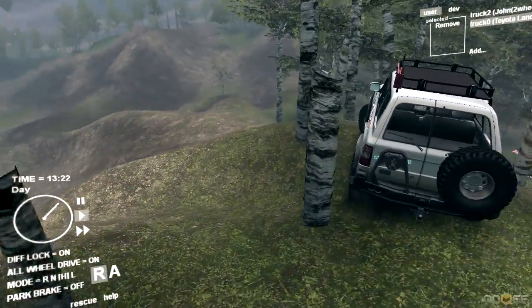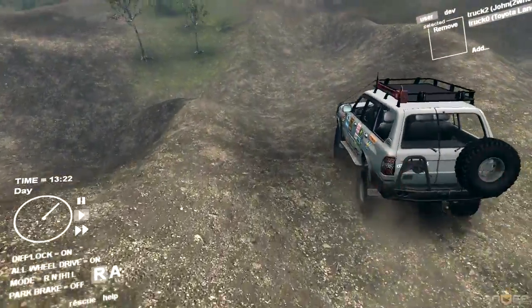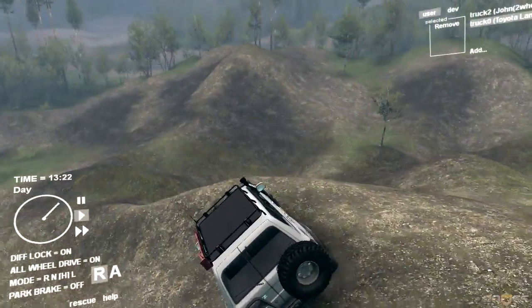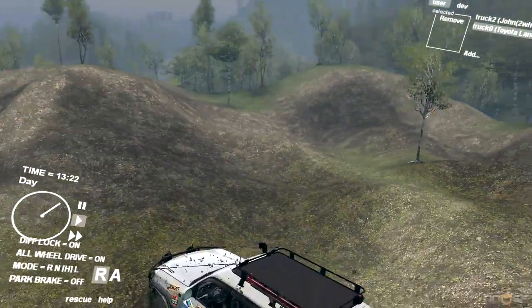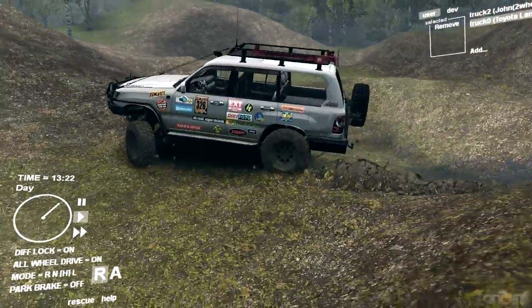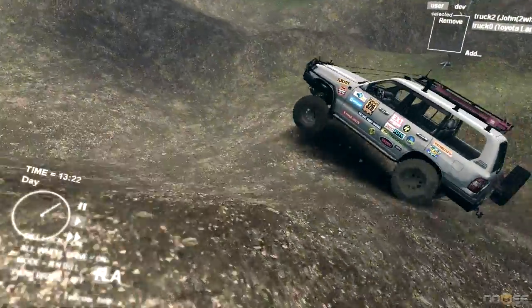And even with the diff lock on, you have a really nice turning radius. As you saw, that turn I made there, for an off-roader with the diff lock engaged, that's a decently sharp turn, and it handled it really well. Little bit of mud to deal with. Let's actually see about heading...